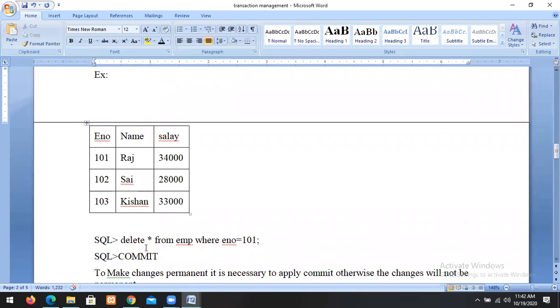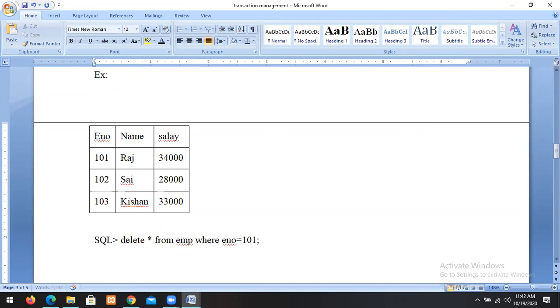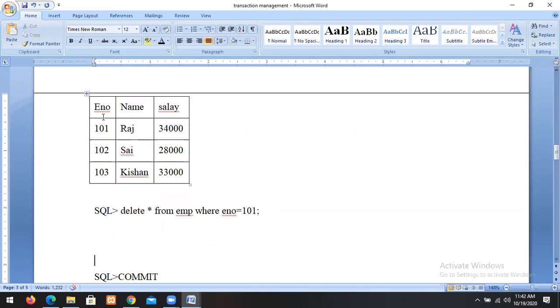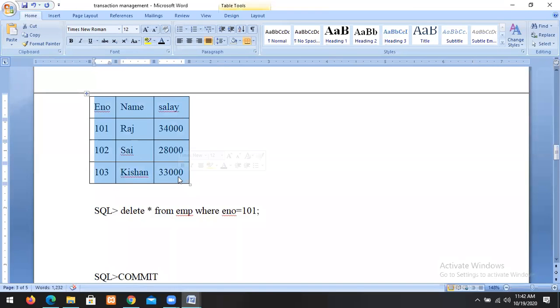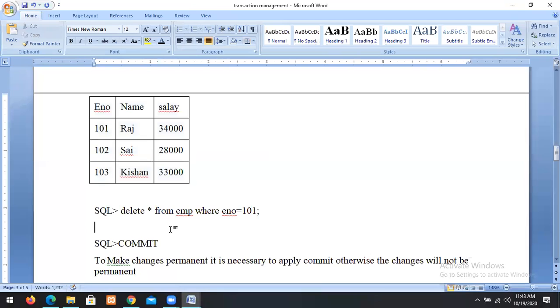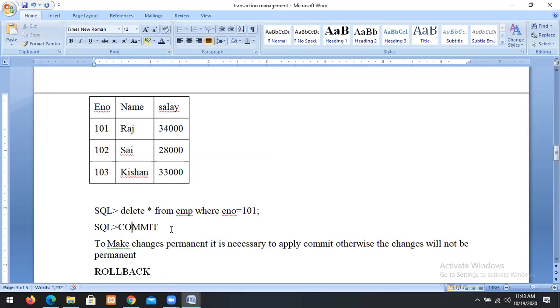Suppose I want to delete from employee where employee number equals 101. When we apply this SQL command, the database system will delete the record.